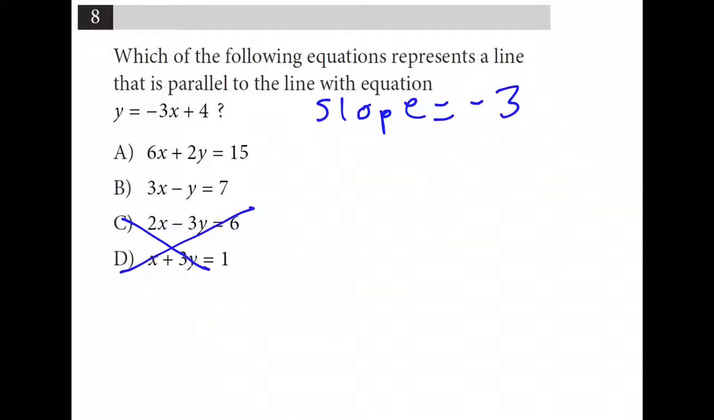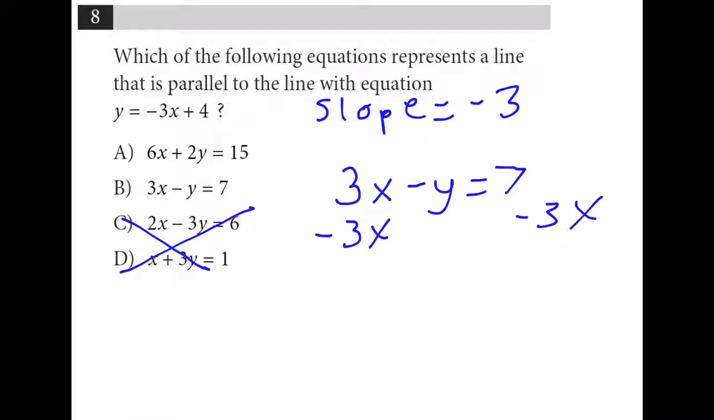We're left with A and B because 6 is 2 times 3 and 3 is 1 times 3. One of these will have a slope of positive 3 and one will have a slope of negative 3. Let's find them. If we start with 3x minus y is equal to 7, we can subtract 3x from both sides. This cancels out. We have negative y is equal to, and let's write it in traditional order, negative 3x